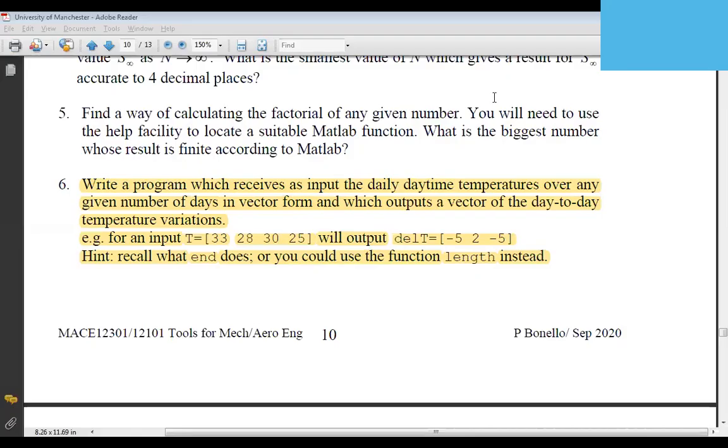Hi, this video is to show you how to answer question number 6 in MATLAB tutorial 2. So let's see what the question is asking for. The question here is asking you to write a program